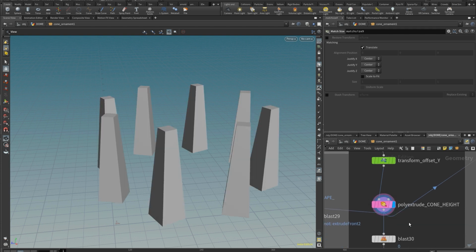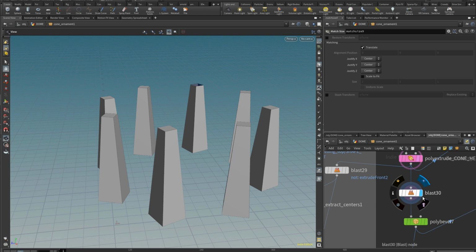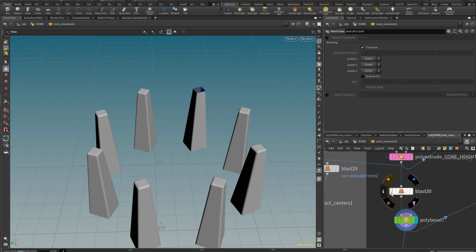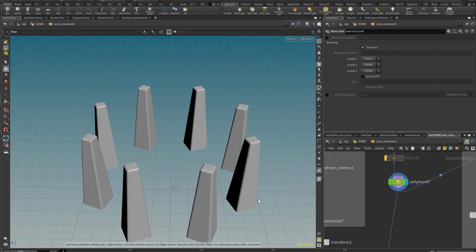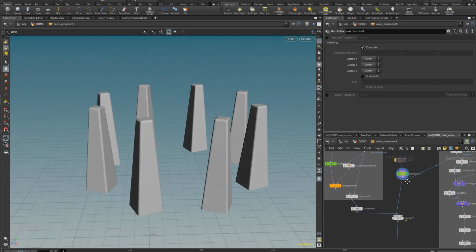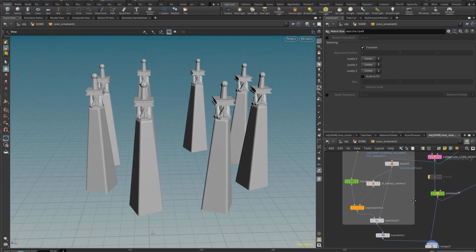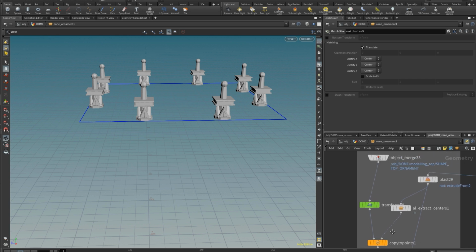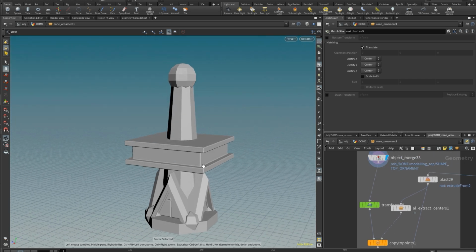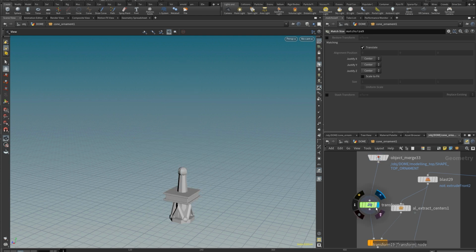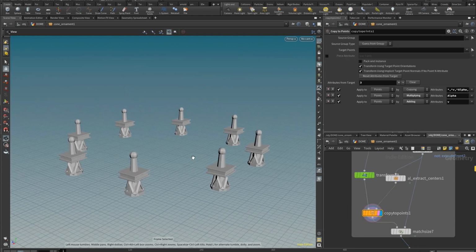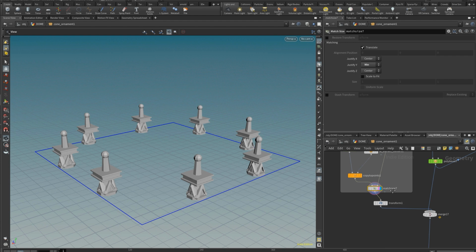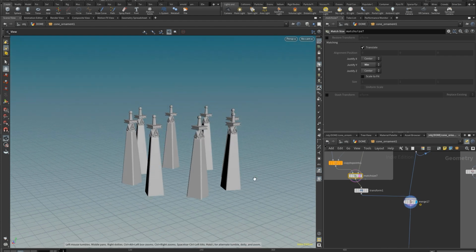Just a poly extrude to get the height of the cones. I don't know what this blast is here for. It's probably a mistake. Let's kick that. Anyway, poly bevel to get something more or less round in the edges. Adding a little detail there, just extracting the center of each face and copying this element on it. So, fairly low-res detail, but that does a job in the distance. Then again, you don't necessarily want a million polygons repeated just for something like that. It still needs to make sense for what we see and the distance we see it.